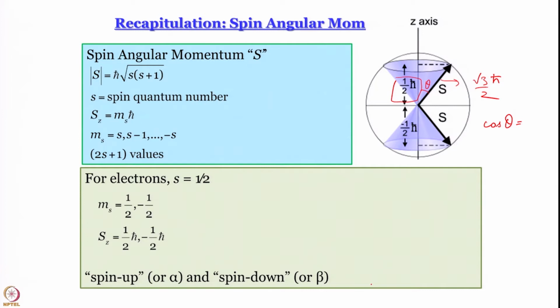Cos theta is equal to h cross by 2 divided by root 3 h cross by 2, you are left with 1 by root 3. Is that right? 1 by root 3. Do you remember where we encountered this 1 by root 3 earlier? What this essentially means is, if you take square on both sides, you get 3 cos square theta minus 1 equal to 0. So, you see this theta is again the same magic angle that we get. Okay. So, this is the value of theta.